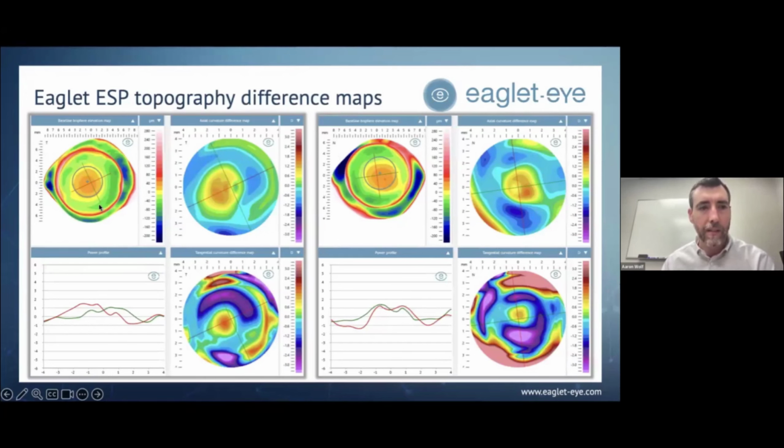So this is going to be your baseline map for the right eye, the baseline elevation maps for the right eye. When we look at your axial maps, you're going to notice that generally these central colorful patterns will be bigger on the axial maps, a little bit smaller in the tangential shape maps. One thing that's very different than the previous one is going to be your color scales. You'll see that things will be warmer in color centrally versus cooler in color in the periphery. You'll also notice in your power profile map that these lines now work upwards